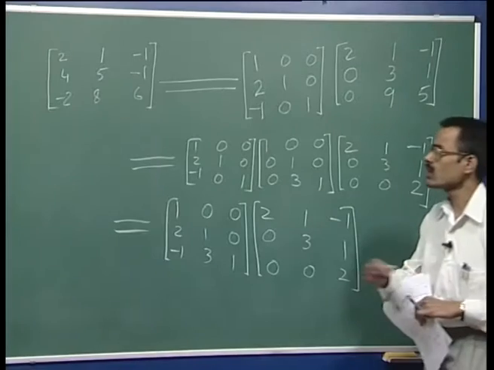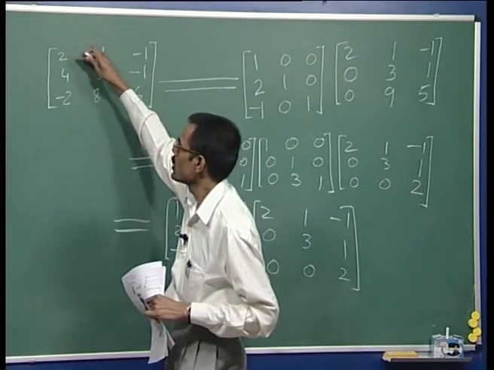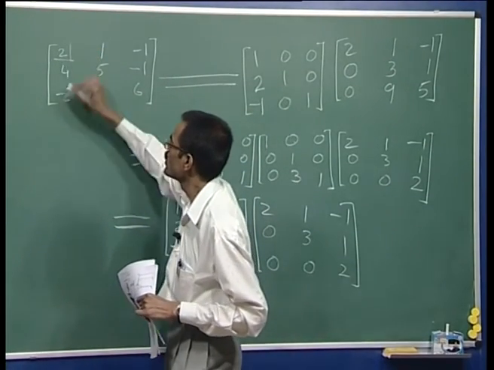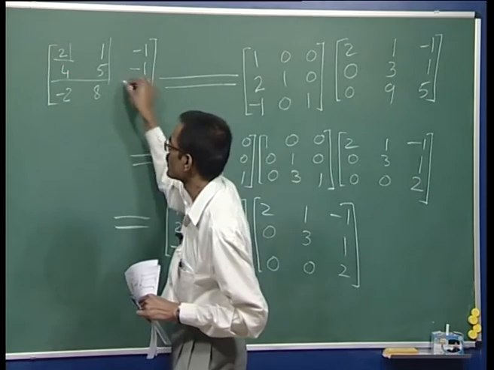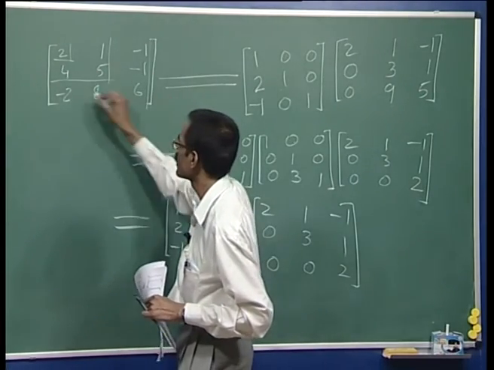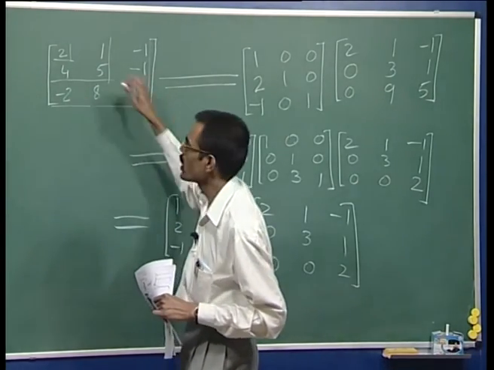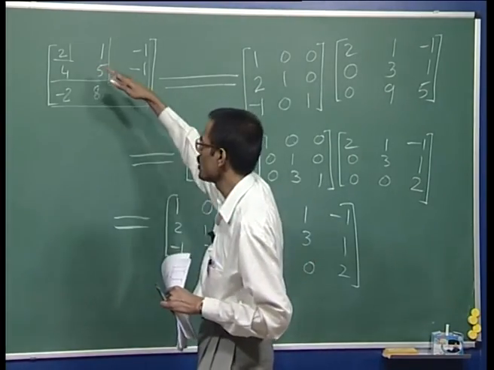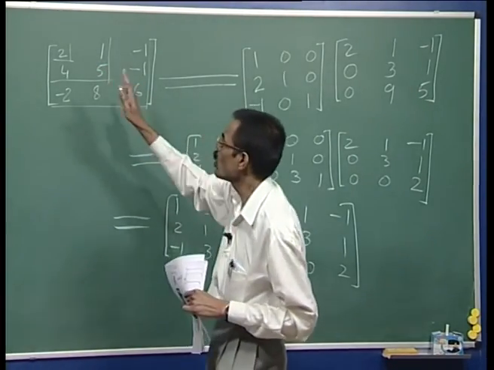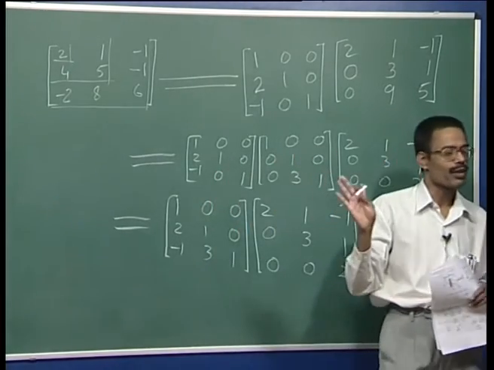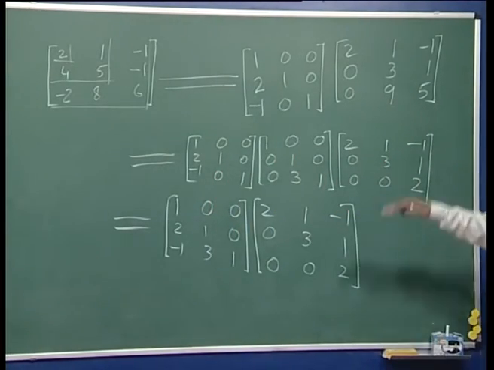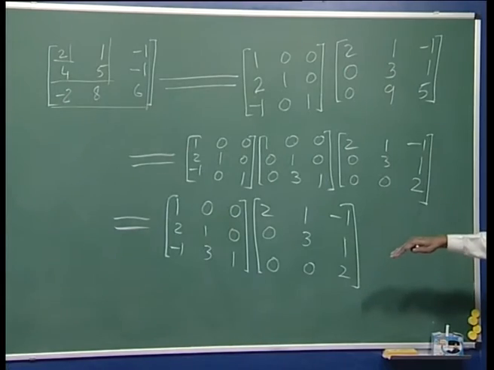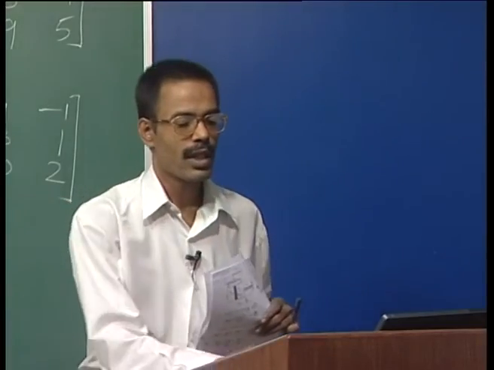Such matrices will have all leading minors non-zero. What are the leading minors? In this case, this is the first leading minor, the second leading minor is the determinant of this, the third leading minor is the determinant of this, and so on. For an n by n matrix, there will be n such leading minors. All those determinants should be non-zero for a matrix to be LU decomposable in this manner. If suppose such is the case for our matrix at hand, then how do we proceed?